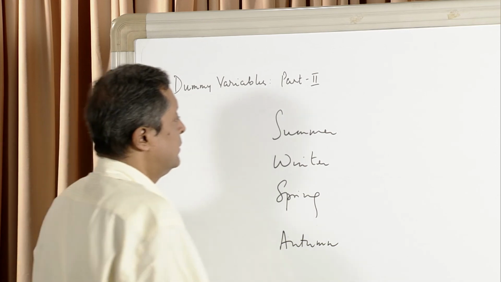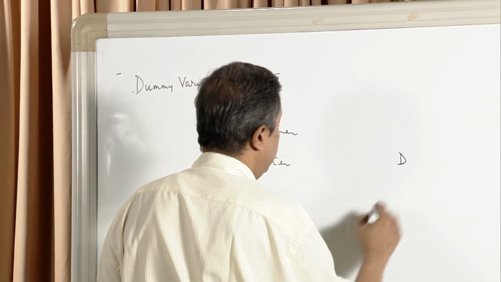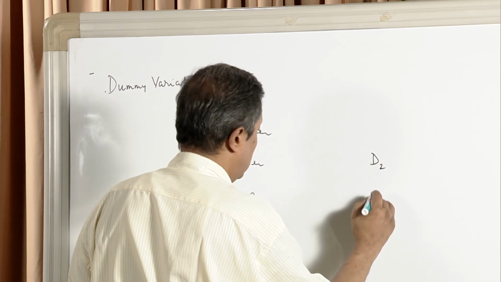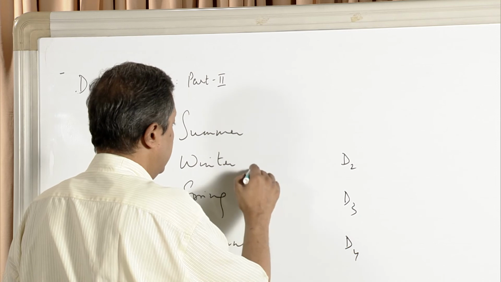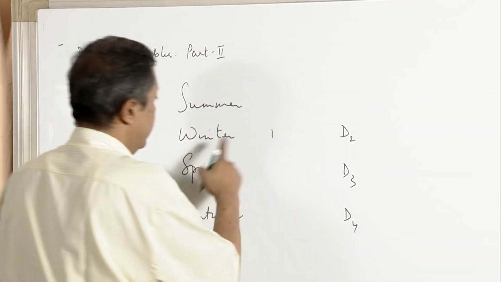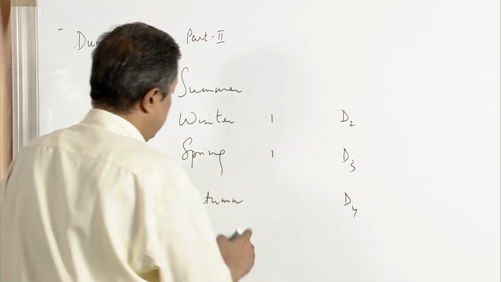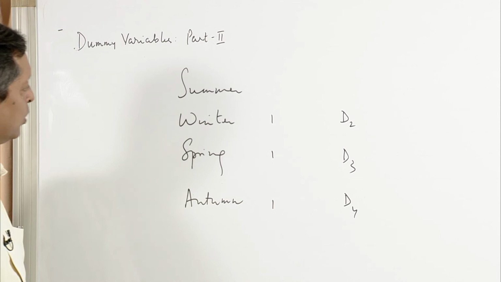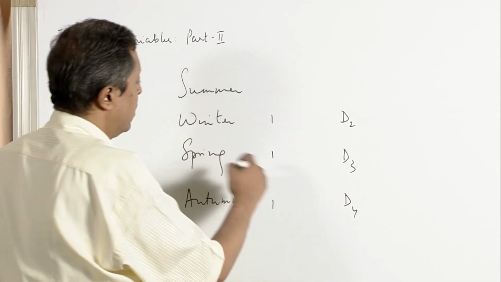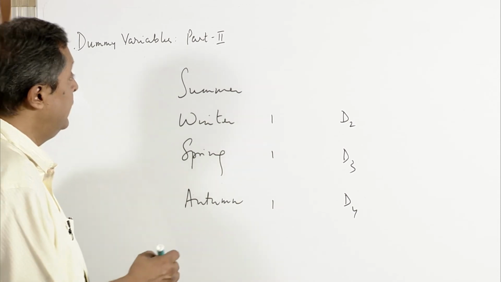And you can put dummy 2, dummy 3, dummy 4. So, this will be 1 if it is winter, 0 otherwise. This will be 1 if it is spring, 0 otherwise, and it will be 1 if it is autumn, 0 otherwise. And summer, of course, we are not going to bring in, because if we have an intercept in the model,